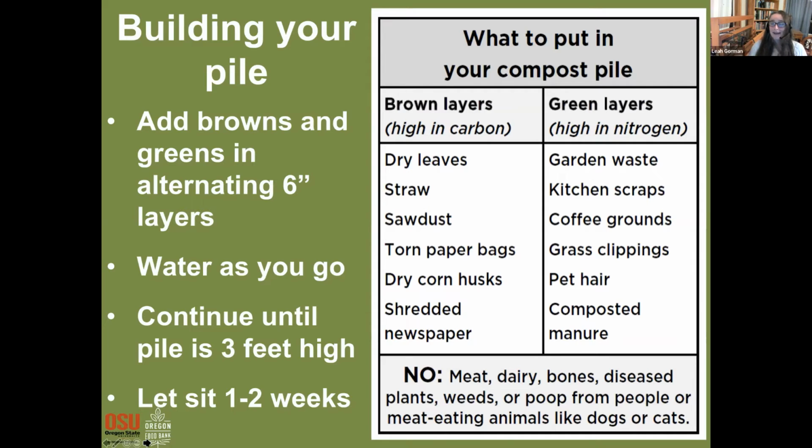And I wish that they meant in 1 or 2 weeks you'd have that beautiful finished compost, but really no. 2 weeks isn't really going to be enough time to get your compost all the way through that process. But in 1 or 2 weeks, you can go out there and stir your compost,